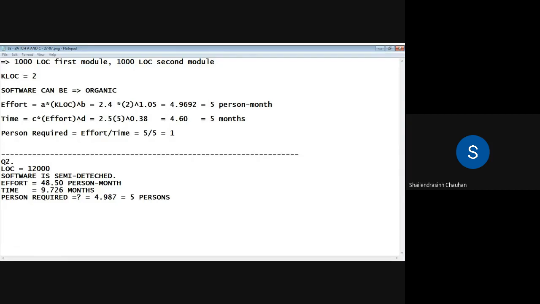Now, the intermediate COCOMO model we'll discuss in the next lab. So let us keep it up to this only for today's lab. After discussing all these models and formulas, you will be able to answer the questions mentioned in the PDF file. Whenever you read any question, please read the description carefully. From the description, you can derive whether it is organic, semi-detached, or embedded, and whether it is the basic, intermediate, or detailed COCOMO model. So which model you need to follow and which type of project it is, all these things you can derive from the description.